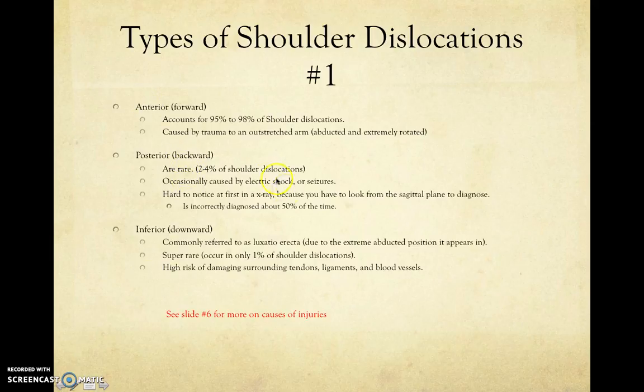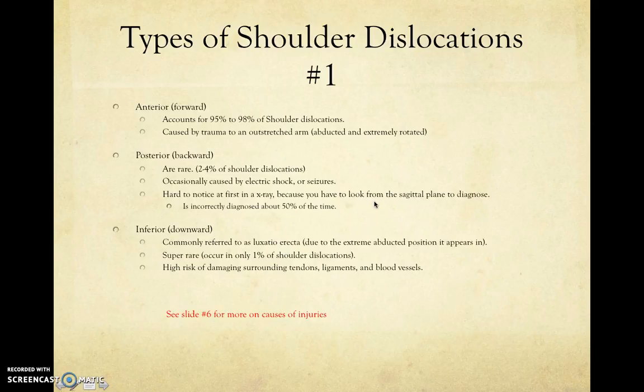Posterior or backwards dislocations are rare, so they only account for 2 to 4% of all shoulder dislocations. They can be caused by electric shock or seizures, which I'll talk about later. And they are also hard to notice at first with an X-ray. This is because